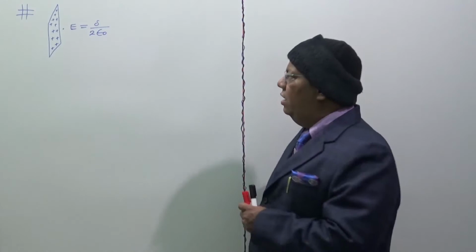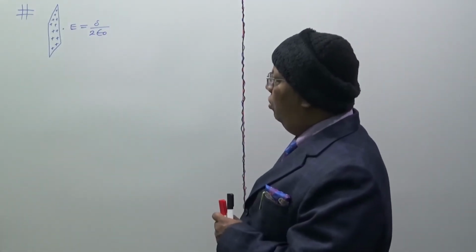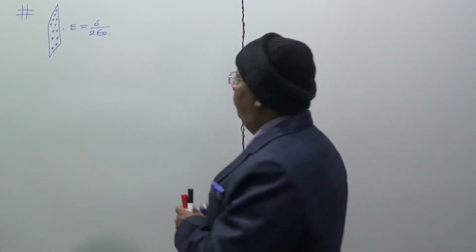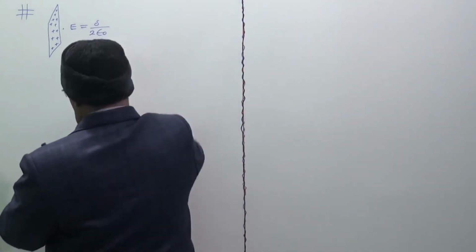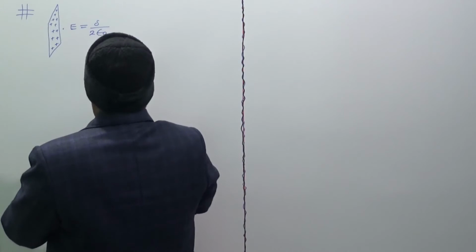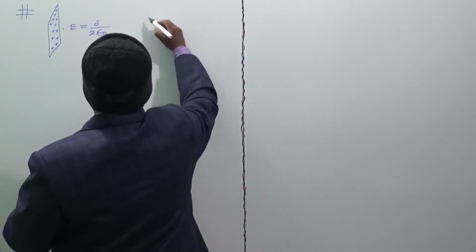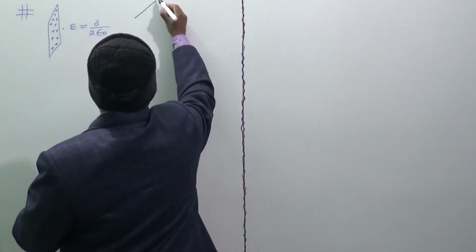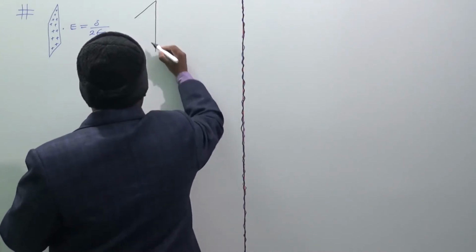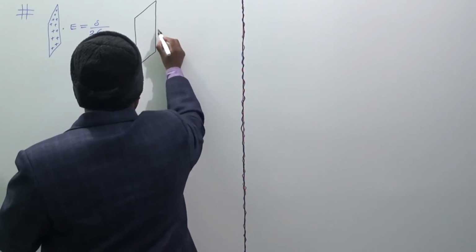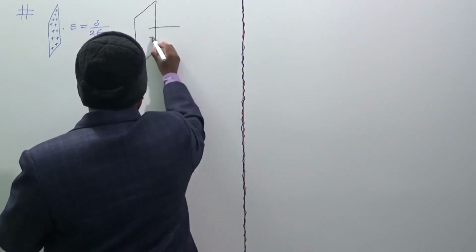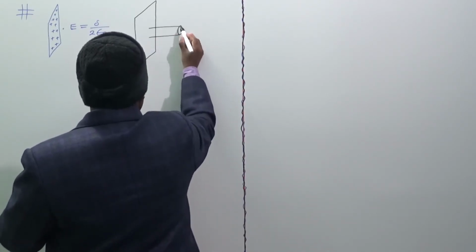You know very well this can be easily proved by Gauss theorem. If you put a cylinder in this sheet, if this is the cylinder you put here,